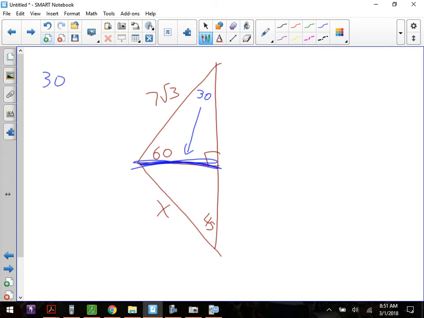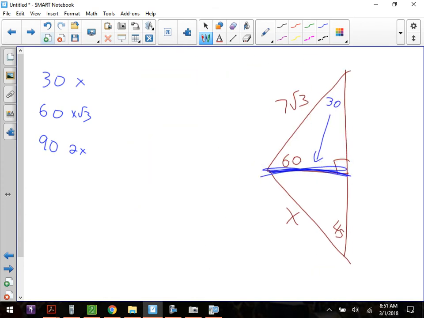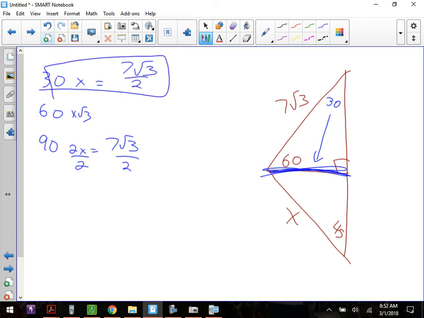So we have 30, 60, 90. And in that triangle, you know across from which one? 90. You know across from the 90. We got to get to the 30. And then I just have to divide it by 2. If I put that in my calculator, it'll spit that back out, 7 root 3 over 2. Okay? So now, everywhere I see an x in the 30, 60, 90, I replace it with 7 root 3 over 2. And I only have to worry about this portion,